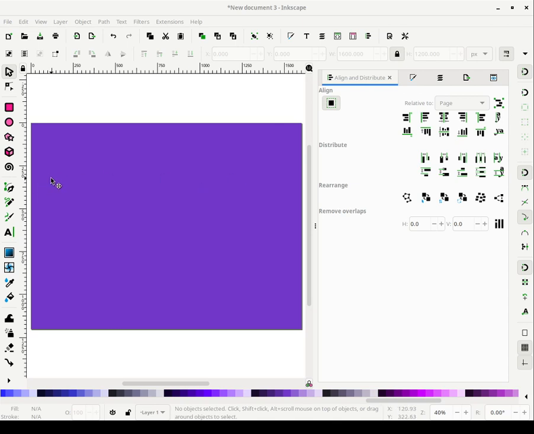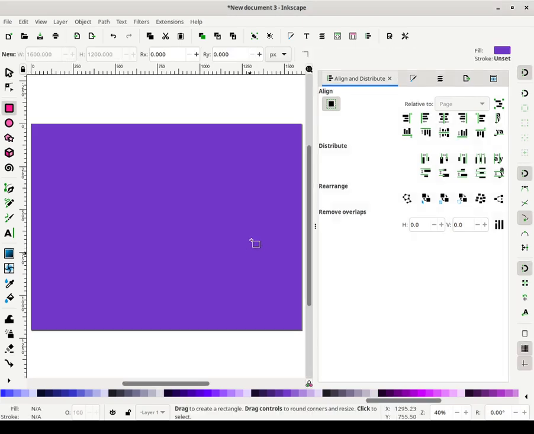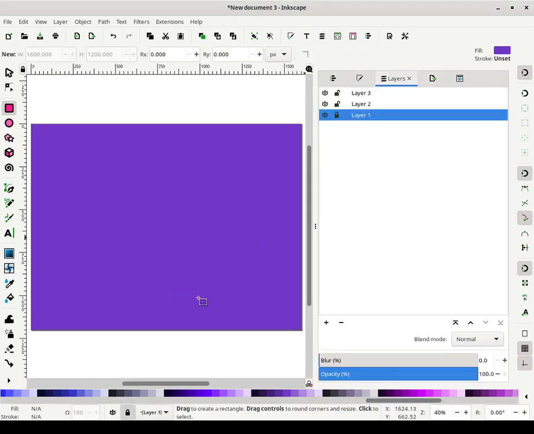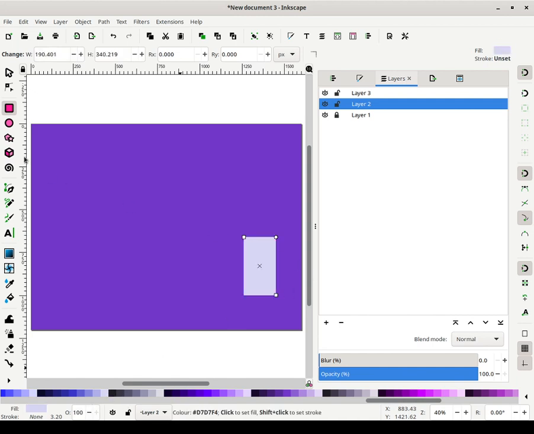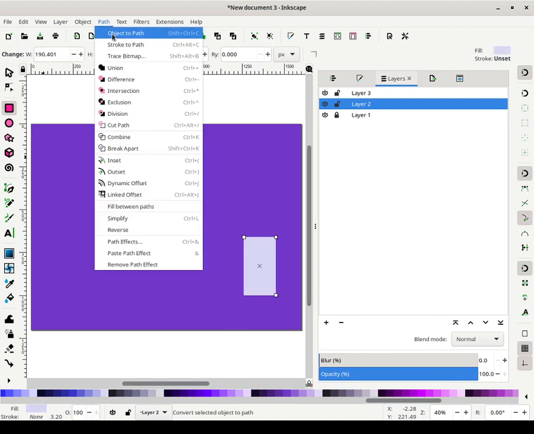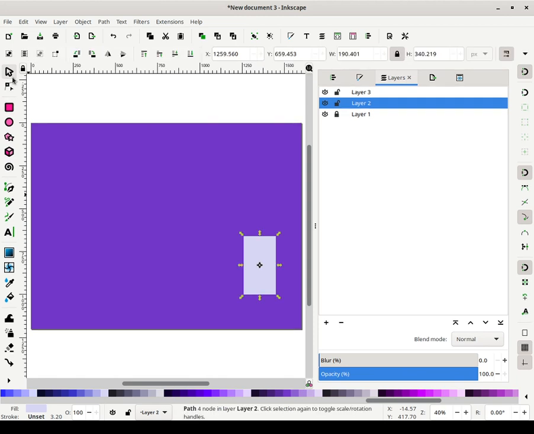Okie doke, let's go. Let's see how quickly I can get this done. So I'm gonna need, let me lock that there, I'm gonna need a rectangle. This will function as our little girl, or at least her dress.